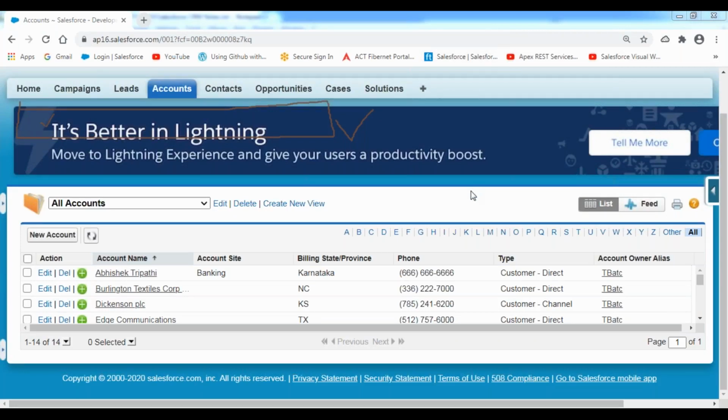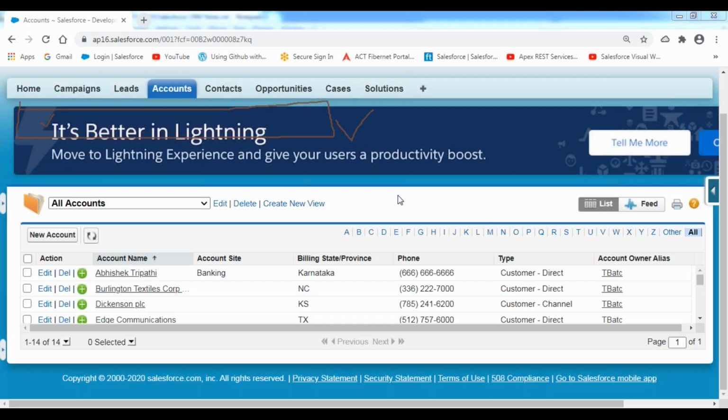Now you can raise a question: Sir, we created only 2 to 3 records inside this account object in the previous session, then how is it showing 14 records? The remaining 12 records are sample records that Salesforce gives in the account object, contact object, opportunity, lead, campaign, case, with a solution. In these objects, Salesforce provides some default records, some sample records to you